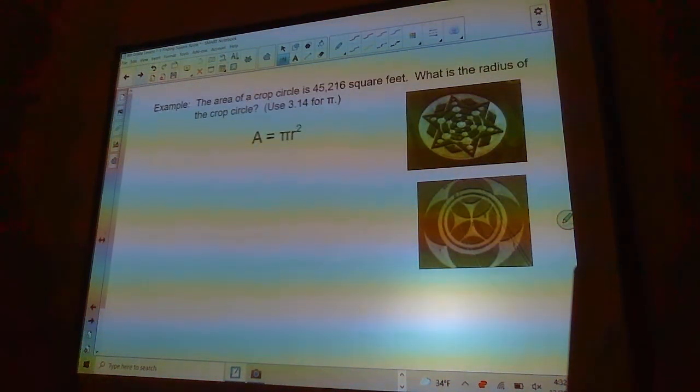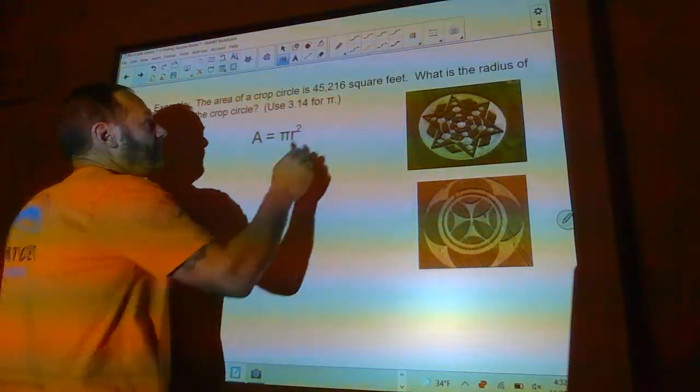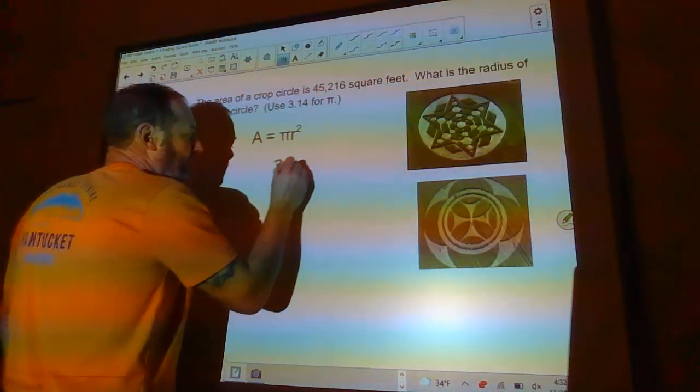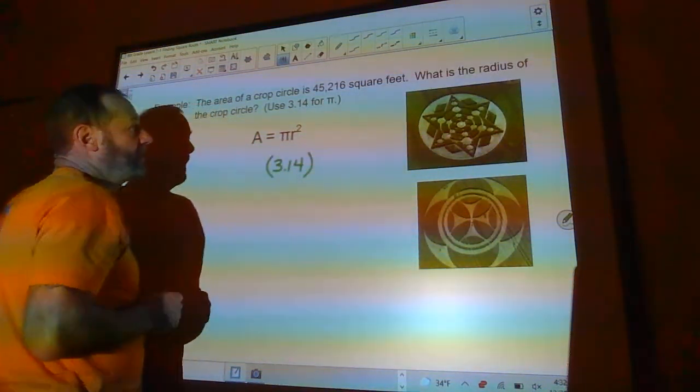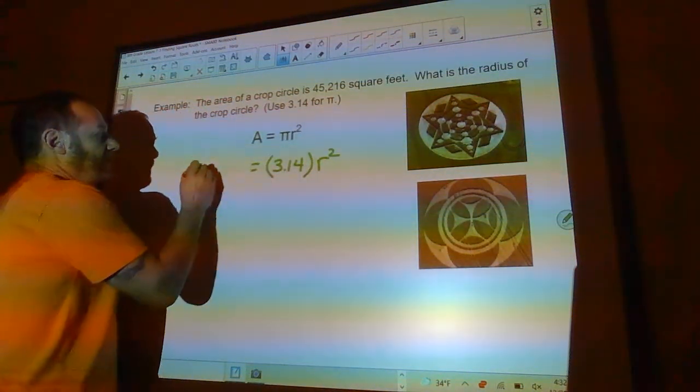All right, the area of a crop circle is 45,216 square feet. What is the radius of the crop circle? Use 3.14 for pi. So here's what we're going to do. Here's our area formula for a circle: pi r squared. We're going to plug in 3.14 for pi. And we have to figure out r. R is squared, but we know the area is